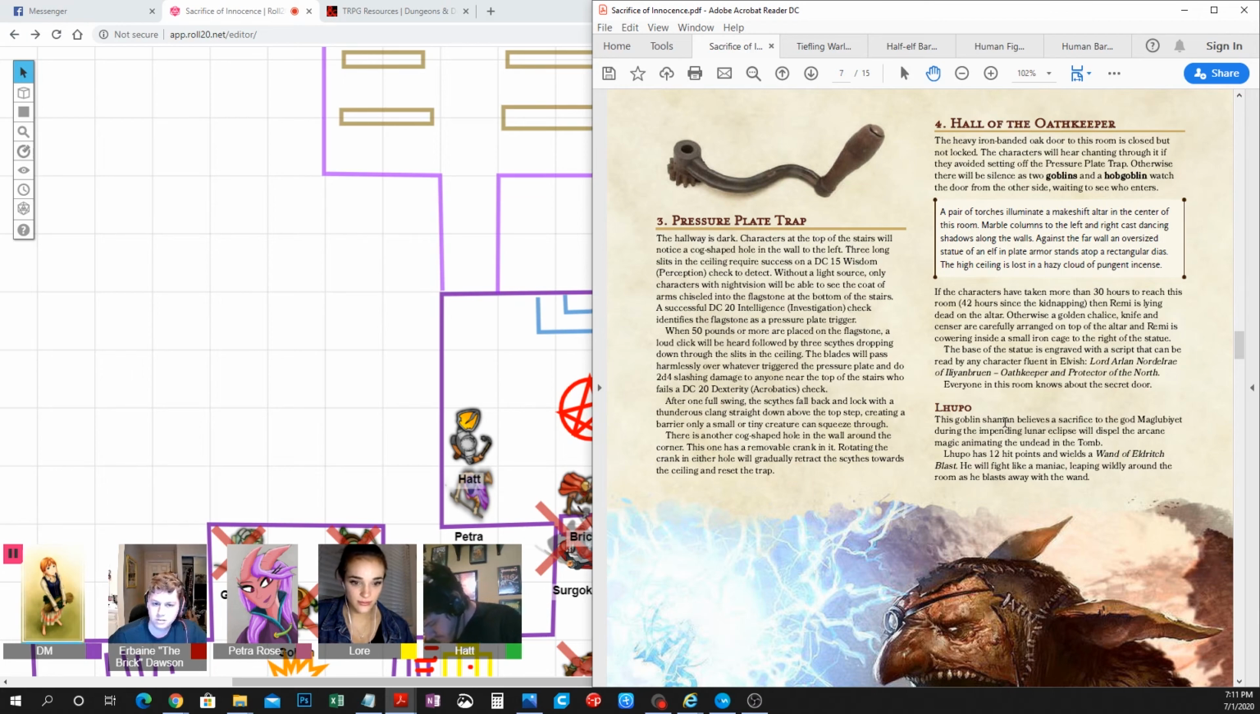Oh, okay. Maybe only leave the dead bodies that are supposed to be in here, not the goblins and the hobgoblin or whatever he was. Bugbear,